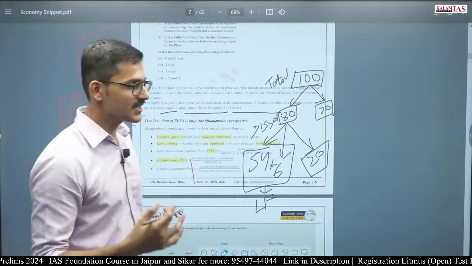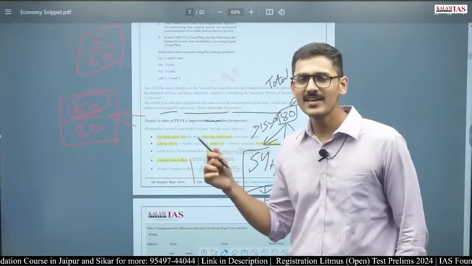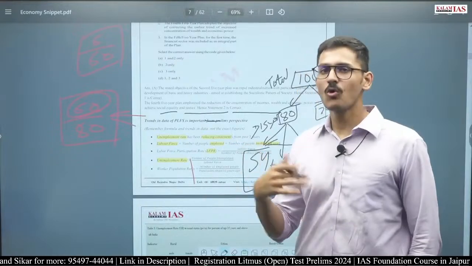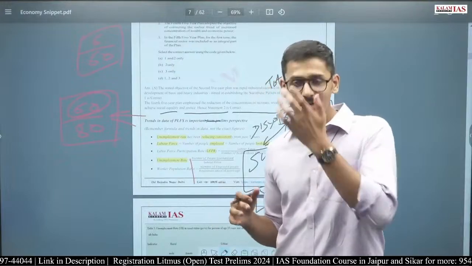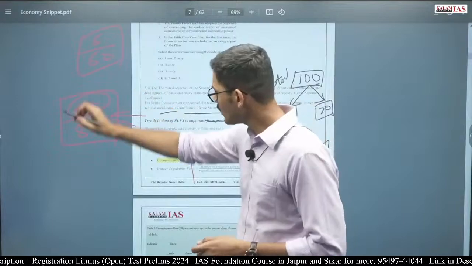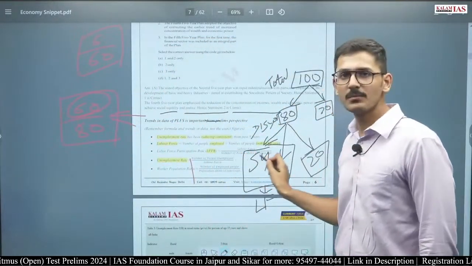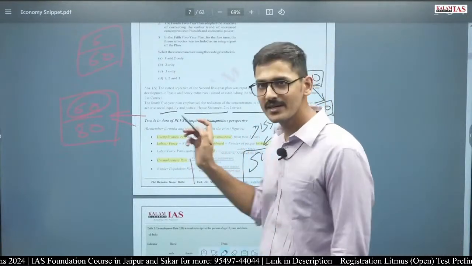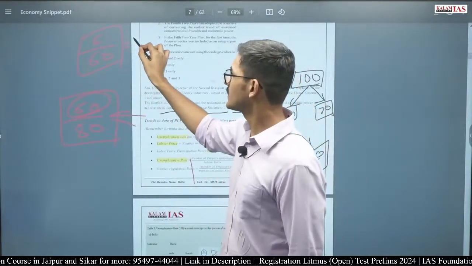Now, this is going to be a bit confusing if you are understanding it for the first time, but you note down the equation and you make your own example and try to understand how these data are calculated. Once you have understood it, if there is any conceptual question on these terms, you will easily solve them. So, labor force participation rate is basically labor force divided by number of people above the age of 15. Unemployment rate is number of people unemployed divided by labor force, that is 60. So unemployment rate is 10%.